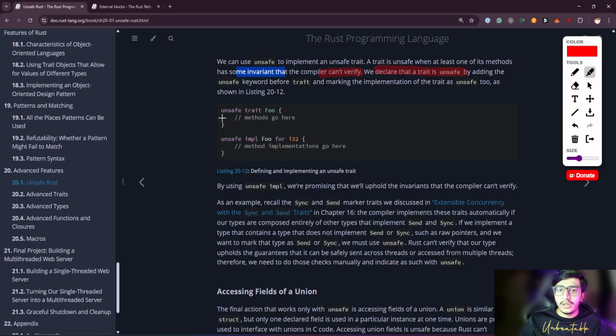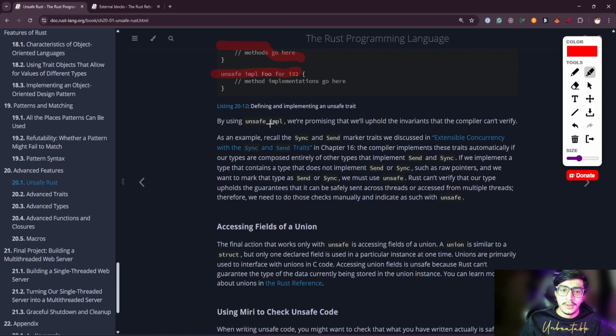As shown in listing 20, the unsafe trait method goes here, with an unsafe implementation of that specific trait. By using unsafe implementation, we are promising that we will uphold the invariants that the compiler can't verify. As an example, recall the Sync and Send marker traits we discussed in "Extensible Concurrency" in chapter 16. The compiler implements these traits automatically if our types are composed entirely of other types